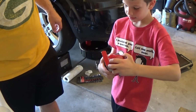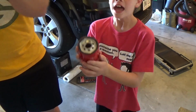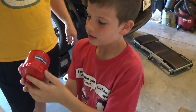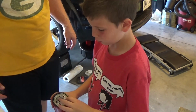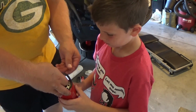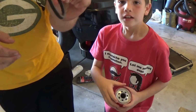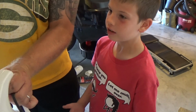Raiden's going to take out the car's oil filter. And you should have it like this. Perfect. Now, do you know what this is? The rim. This is a gasket. We have to take that gasket off. So you want to take your gasket out of your oil filter if it's got that. And now you should pour...